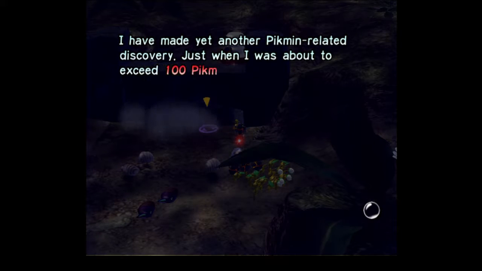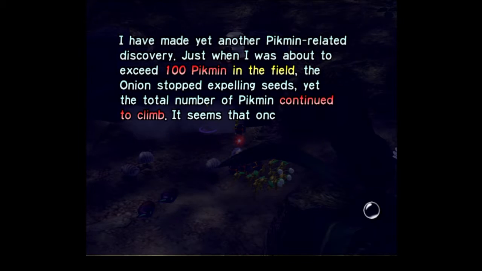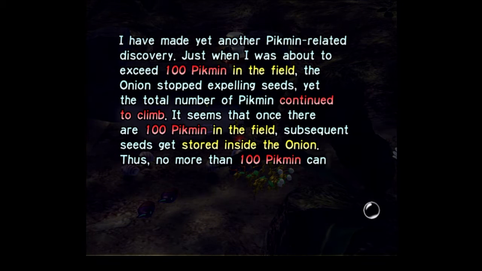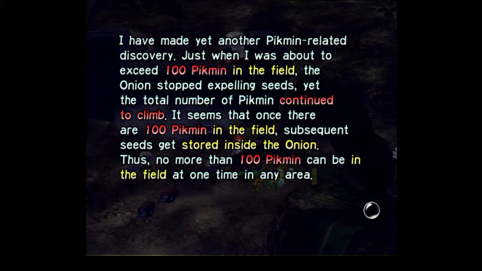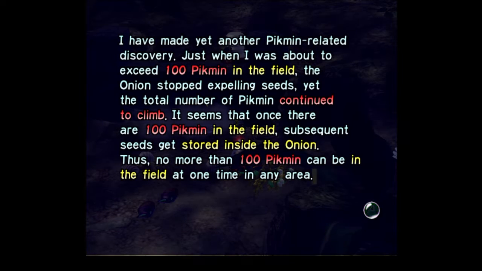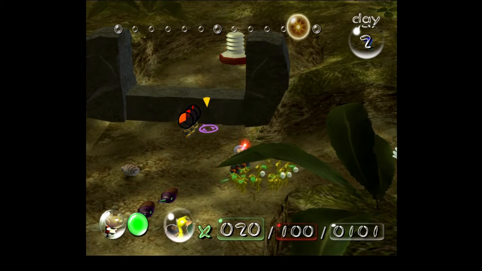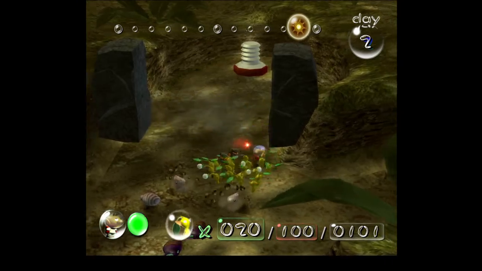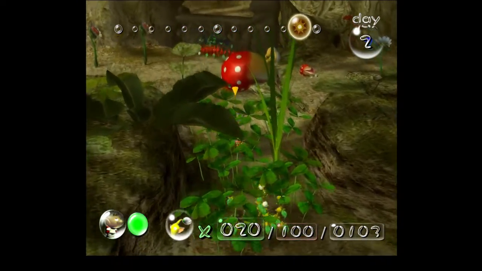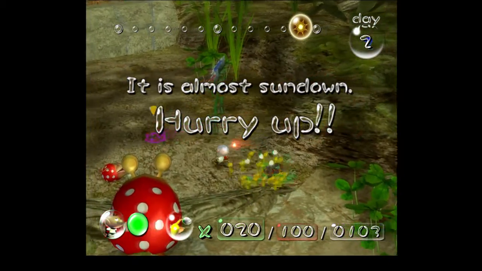I have made yet another Pikmin-related discovery. Just when I was about to exceed 100 Pikmin in the field, the onion stopped expelling seeds, yet the total number of Pikmin continued to climb. It seems that once there are 100 Pikmin in the field, subsequent seeds get stored inside the onion. Thus, no more than 100 Pikmin can be in the field at one time in any area. Which could be useful because if Pikmin grow up and sprout inside the onions, well, you know, you don't need to spend time plucking them out. And, oh, how many bombs? Damn it, I only have...